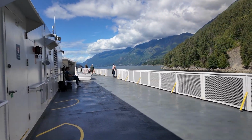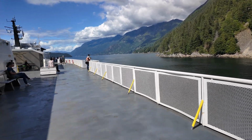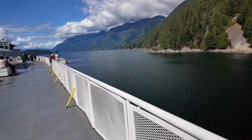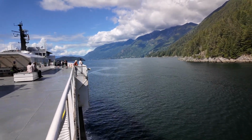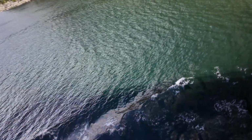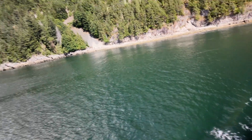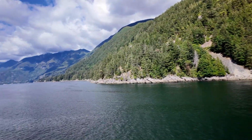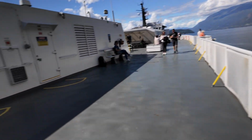We got a nice view. I'll take you to the side of the boat. Heading out on the water. So that's our view for the next hour and 40 minutes, according to